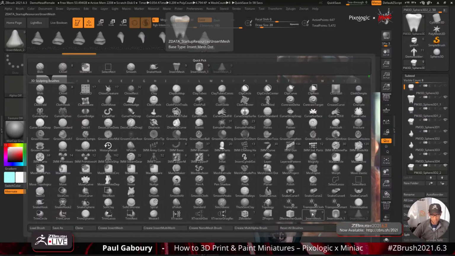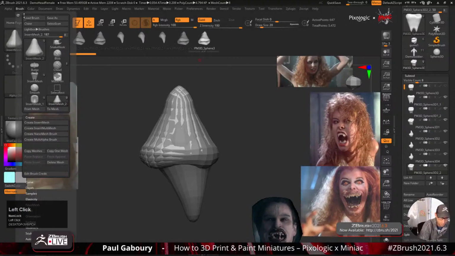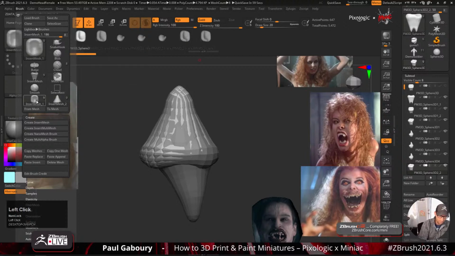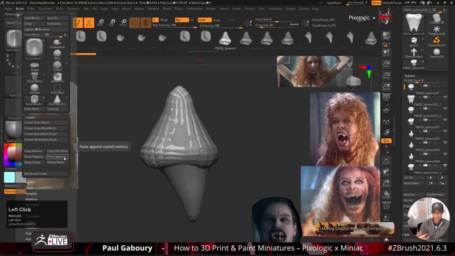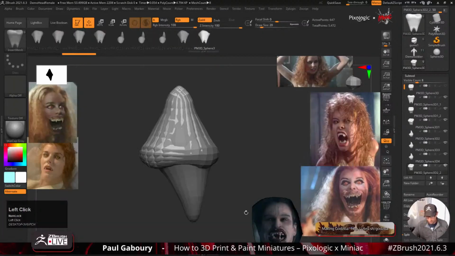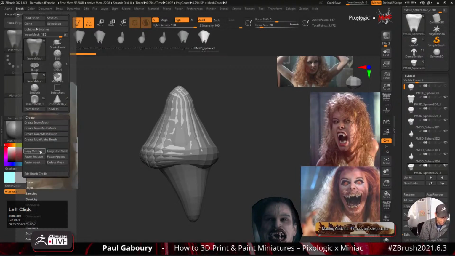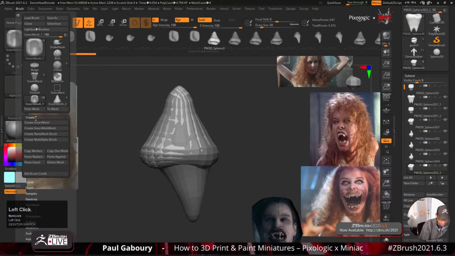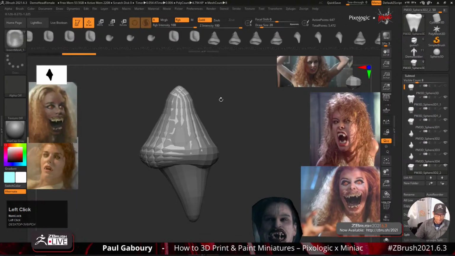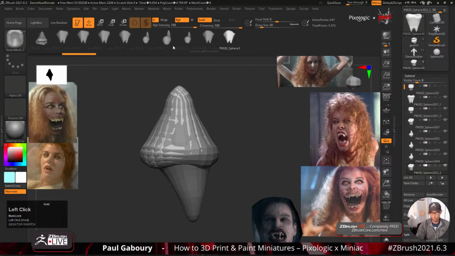So here's something you guys can do that I think is really beneficial. I've got this one, so watch this. I'm going to go to brush now and say copy meshes. Now I'm going to click on this one, which is the tooth on the top, and say paste append. And now I've got that variation in that one. Now let's grab the third one, and I'm going to say brushes again, copy meshes, go back to the one that has 18, then go to brush and paste append. And now I literally just turned 3